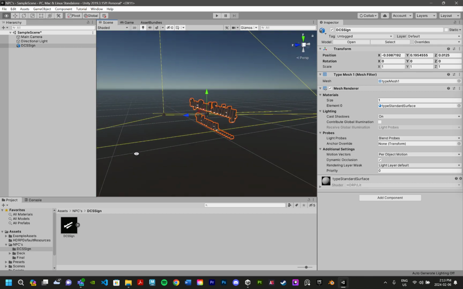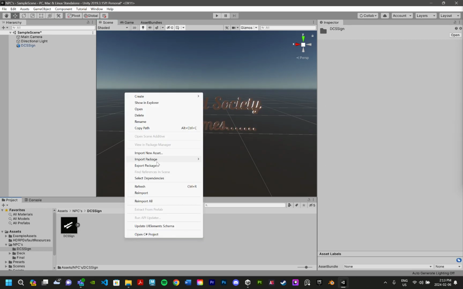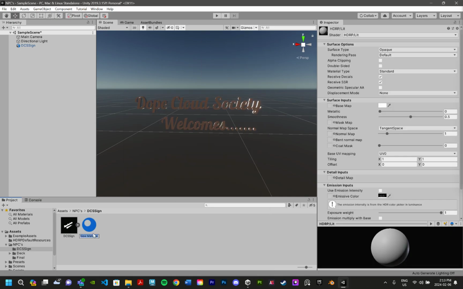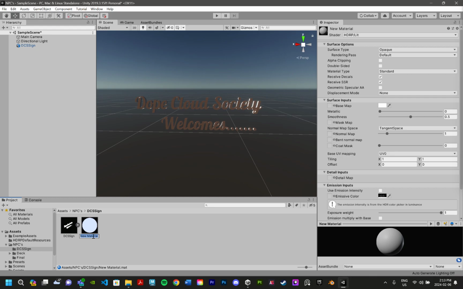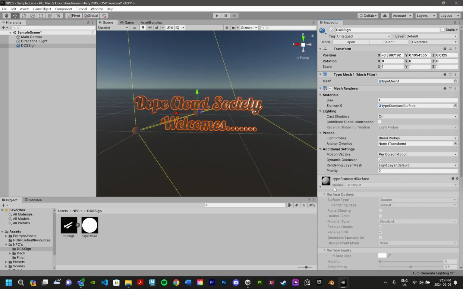If you have any textures or anything, this is where you would apply it. Here, I'll just create a little texture really quick. Create a material. Let's just go sign texture. So let's say if this was a skateboard, and this was the deck texture, all you have to do is click on the actual object itself, and over on this right side here down in Inspector, go to where it says Shaders, and click and open this little,